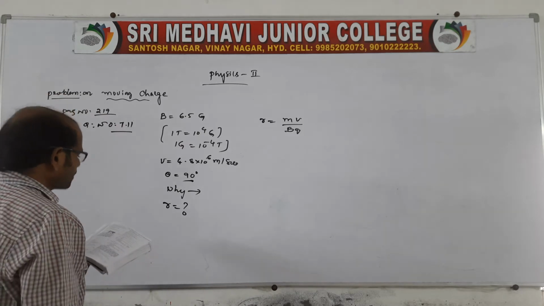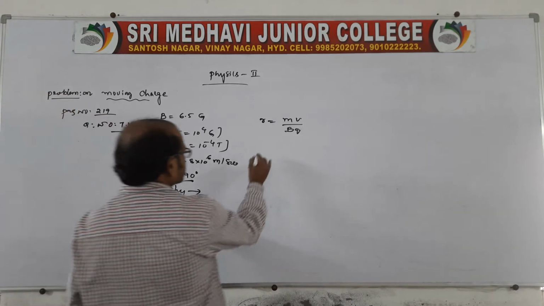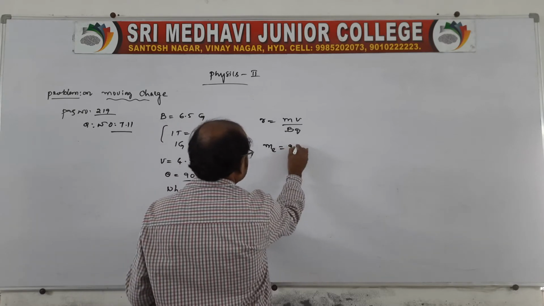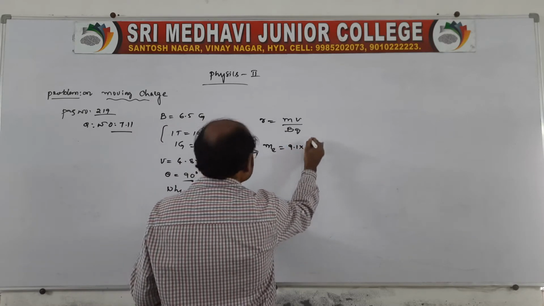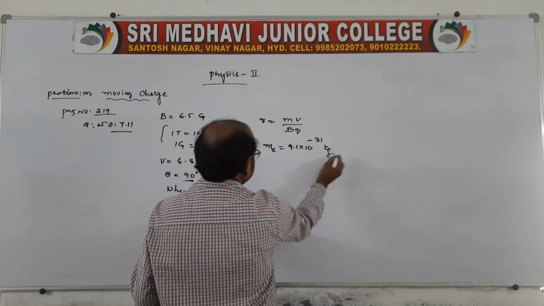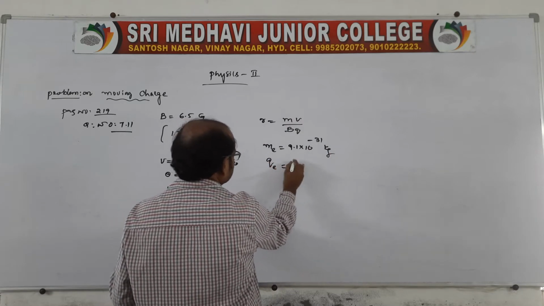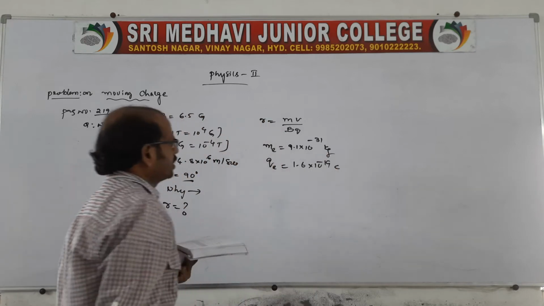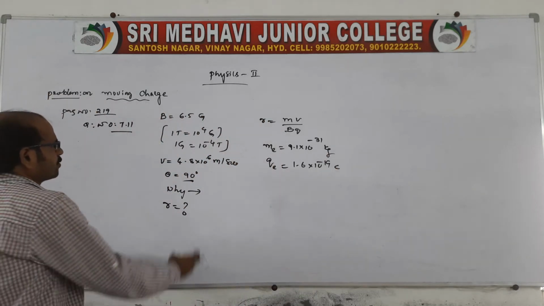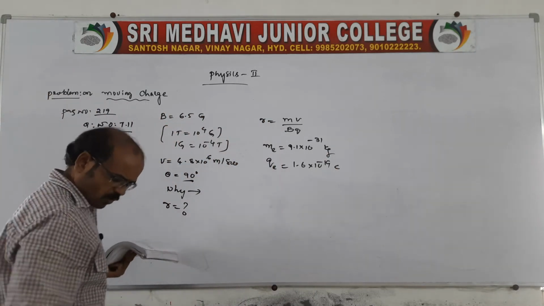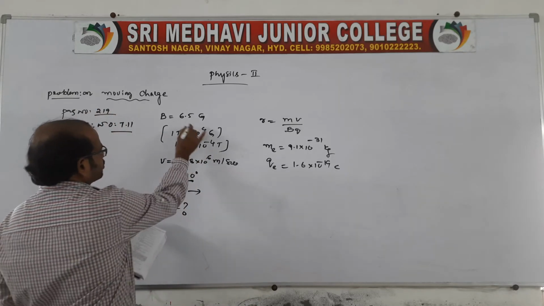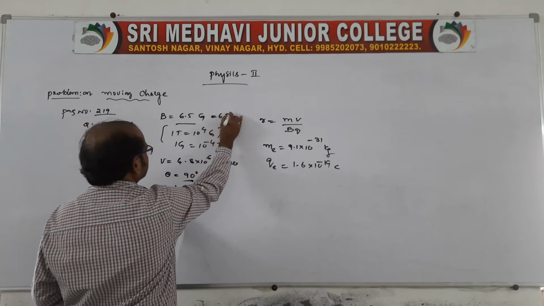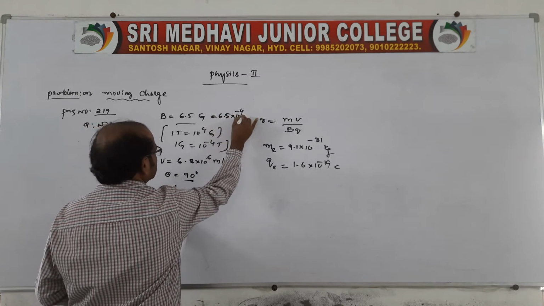Here m is the mass of the charged particle, that is the electron mass, me equal to 9.1 into 10 power minus 31 kg, and charge of the electron is 1.6 into 10 power minus 19 coulombs. We know the speed and the magnetic field also. B is given in Gauss, therefore it is equal to 6.5 into 10 power minus 4 Tesla.